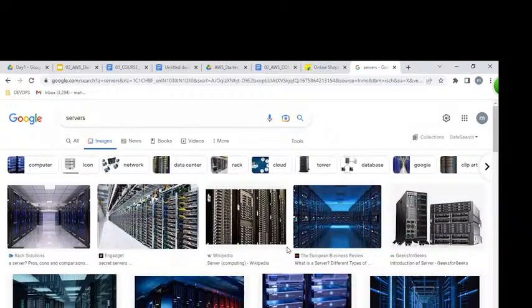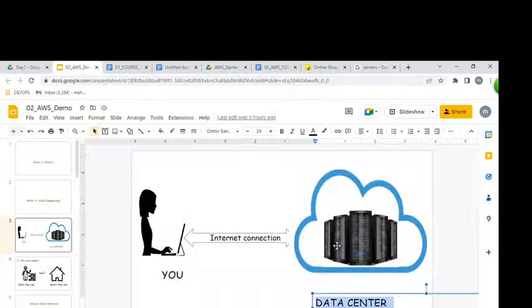Just as you can touch your mobile and see your laptop, the same way we can see data centers physically with our eyes. These data centers physically exist. From these data centers, if we can access computing power or resources or infrastructure over the internet from a laptop, it is nothing but cloud computing.